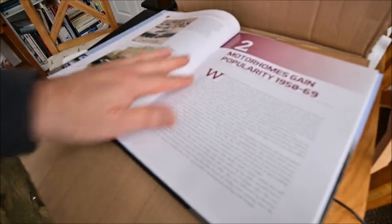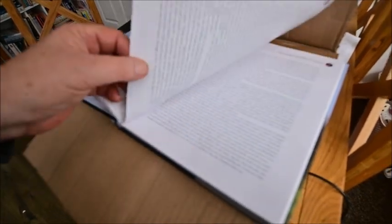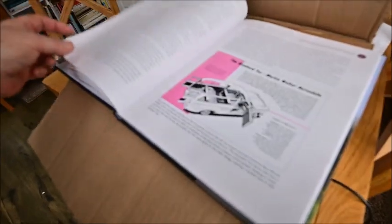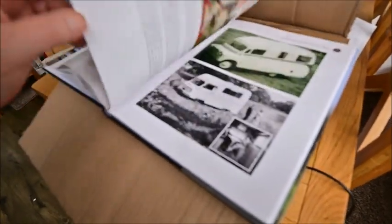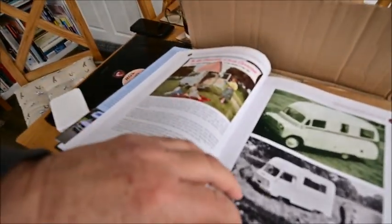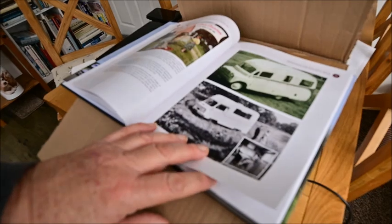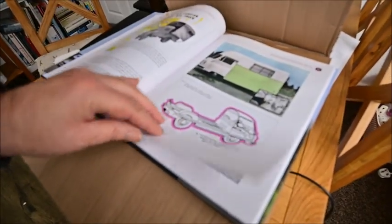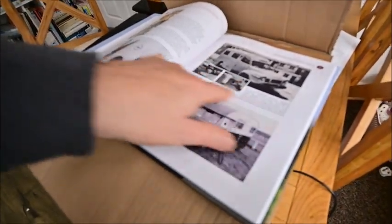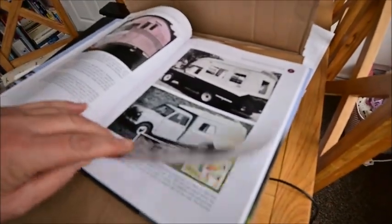Plenty of text, and then we start going on to the next chapter of the story of the coach-built motorhome. So lots of text to lead you into each chapter. Bit there to tell you about how Dormobile started, and we do use a camper van in there because that's what Dormobile were known for, and that's what really started off again in the 50s, was a camper van, and then we went on to coach builds. So lots of pictures, lots of information, how people used to convert ambulances, and Minnie the Mongoose,